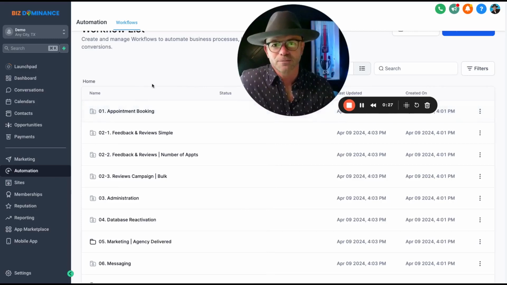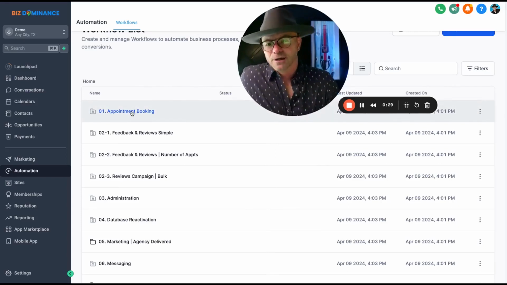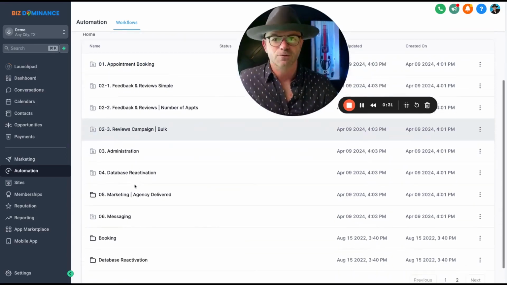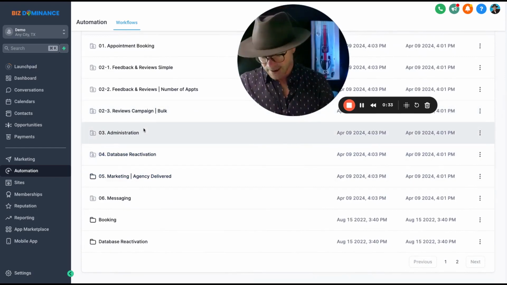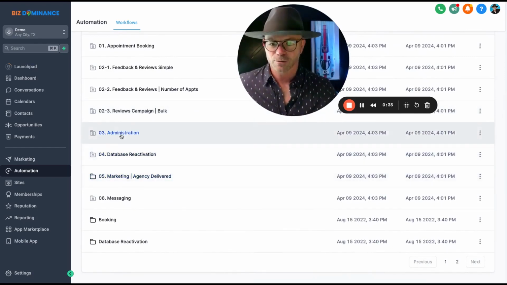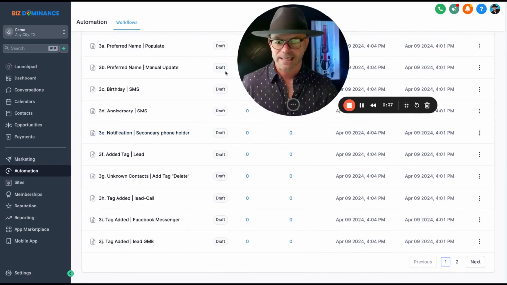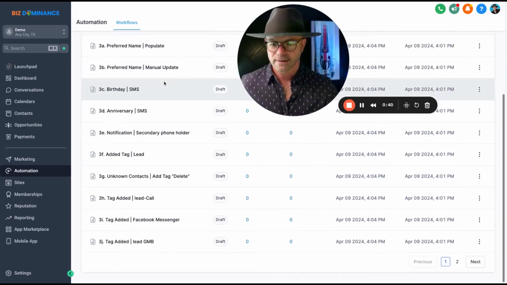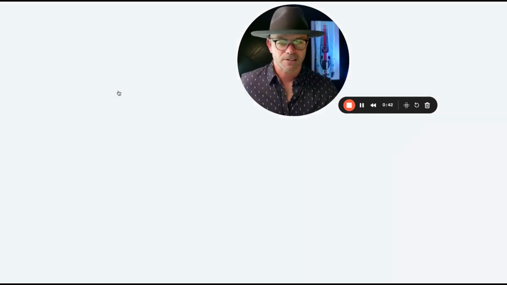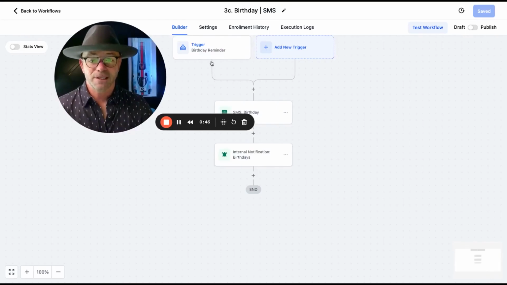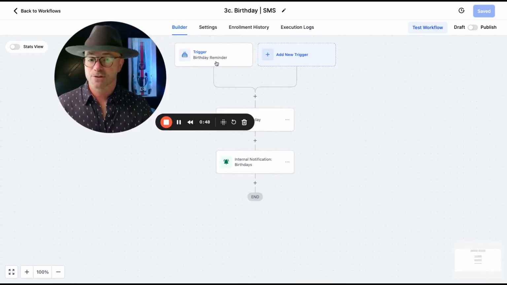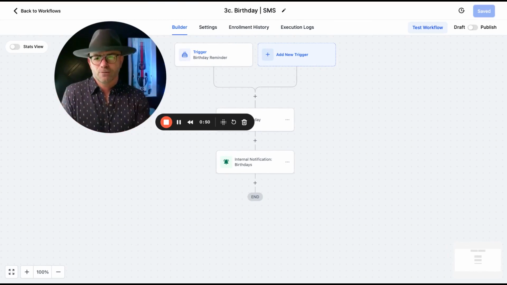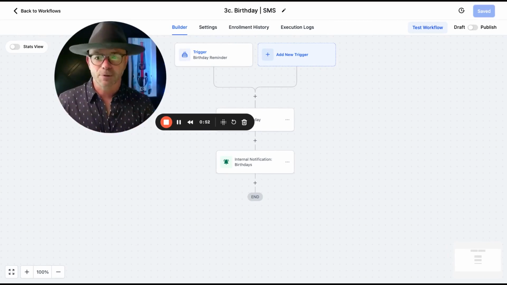As you can see, you can automate various things like appointment booking, conversations, and reviews, and different things like that. Let me just show you a real simple automation to give you an idea of it. So let's say birthday SMS. Let's look at this. Simply, the trigger is on someone's birthday. So you've got a contact, they filled out a form, they've given you their date of birth. So every year now on their birthday,